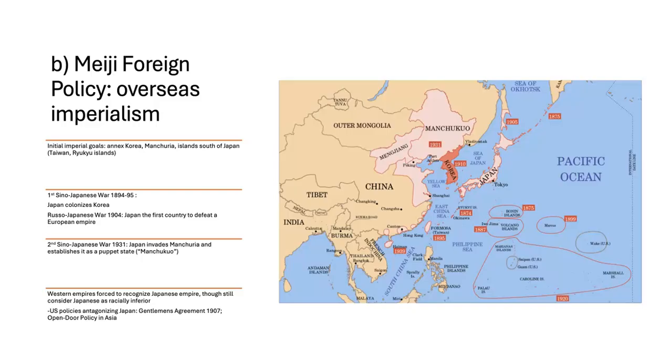Now, first of all, before the Meiji period, Japan was very similar to the United States insofar as it was isolationist in its foreign policy. In fact, more isolationist than the United States during the 19th century. That's because it held a view of distrust towards the outside world. And indeed, European empires were aware of this profound distrust that Japan held towards the rest of the world. So, as you can imagine, with the Meiji Restoration, this led to pretty much the complete abandonment of that tradition of isolationism.